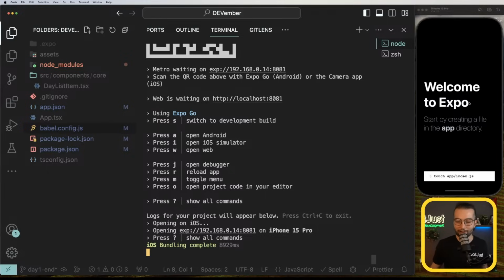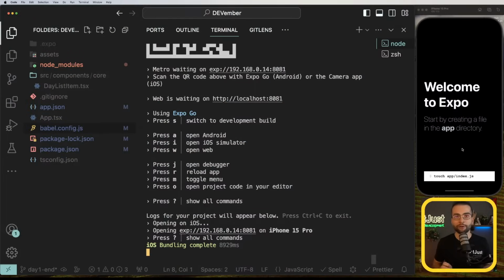Anyway, our application is running, and we see welcome to Expo. And it tells us start by creating a file in the app directory. What is the app directory? Well, as I said before, Expo Router is a file-based navigation system, and by creating files, it automatically creates screens. In order for Expo to understand which files should be screens and which files shouldn't be screens, it dedicated a specific folder called app